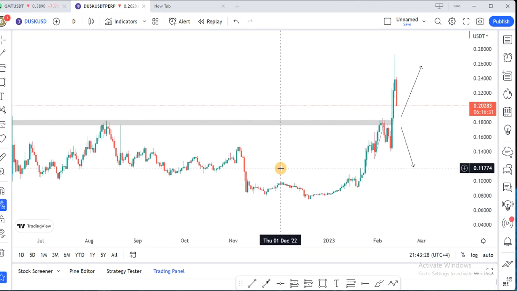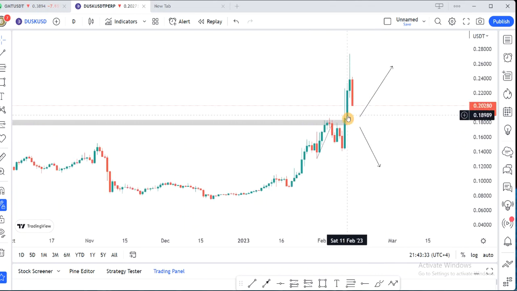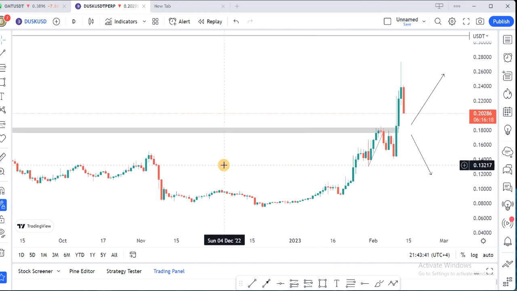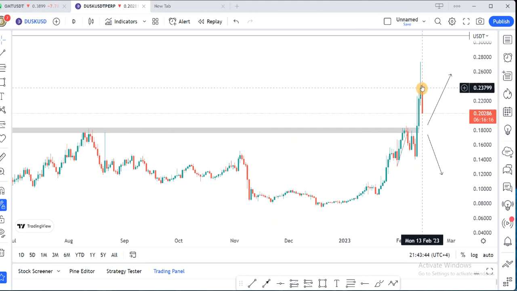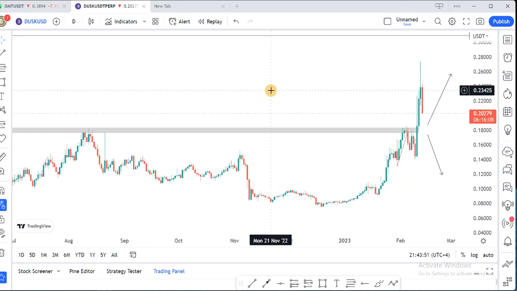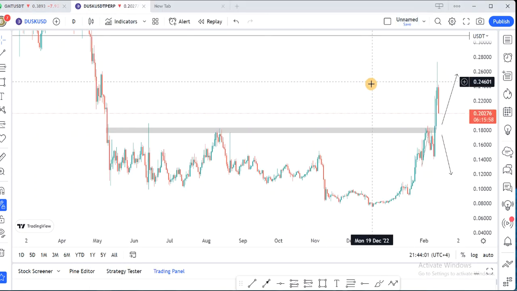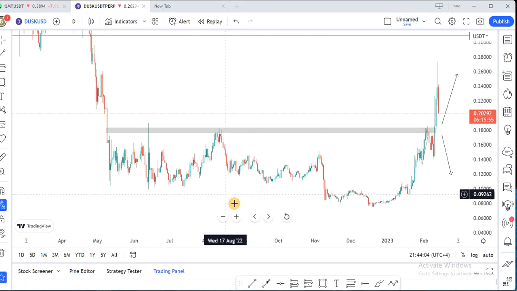And what happened after I moved out from the trade? The main breakout: the next candle formed above this particular level, and it was a sign that a breakout had occurred. I went in and longed, and the coin started pumping to 0.27. And what did I say here? I said 0.25, so it even pumped above. And when did it stop? It started dumping.